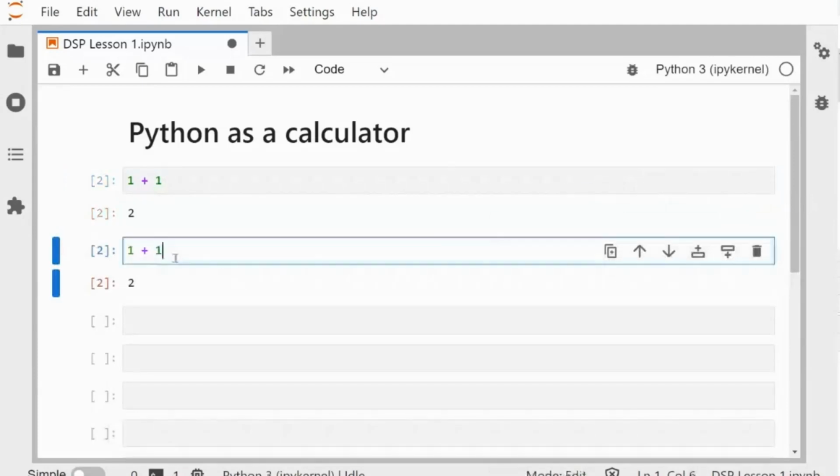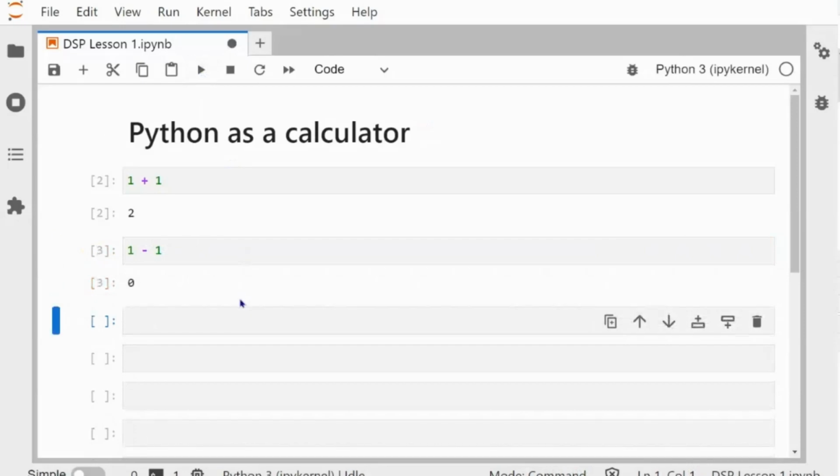That's going to copy it down, so you can see here, or you can actually go up to the taskbar and click on this double page icon to copy the cell, and then once you've copied it, you use the clipboard icon to paste it. But we've already done that, so we don't need to see that piece. There we go. Going back to our cell, I'm just going to put this as a minus, and we're going to run that. That should be a 0. Perfect. And it's the third one we've executed, so it's number 3 as well.